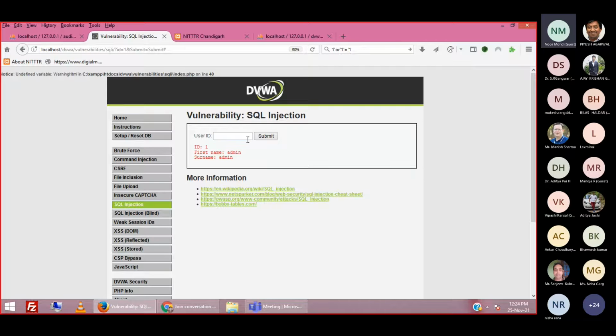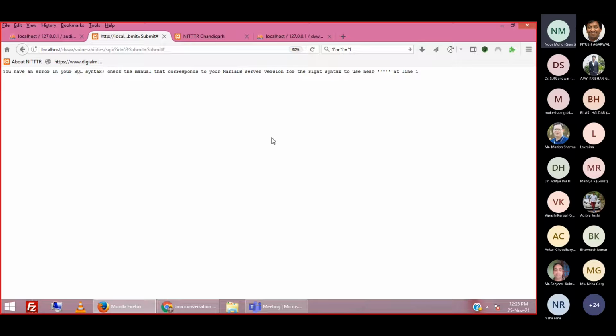The first thing you have to do is write here a single quote. This single quote is treated as the most dangerous character in website hacking. When you are learning website hacking, this single quote is treated as the most dangerous character, right? Why is it the most dangerous character? Let me show you. When I write here a single quote and submit, it gives me an error message. This website started giving an error. The point at which it gives an error, hackers will be happy. If your website is giving any error on the input of a single quote, it means you are in danger, your website is vulnerable, right?